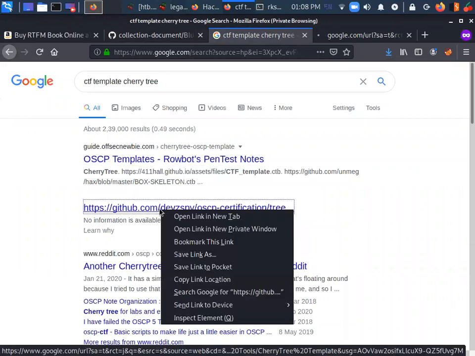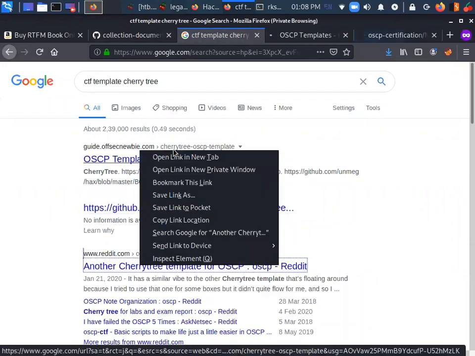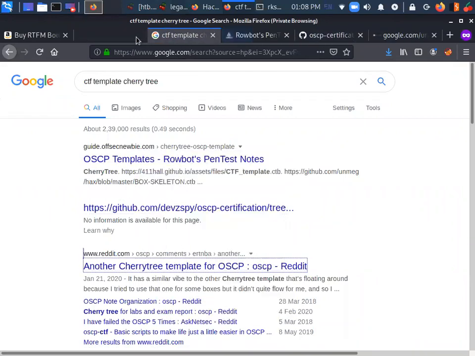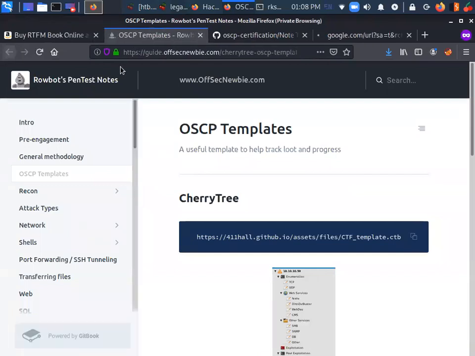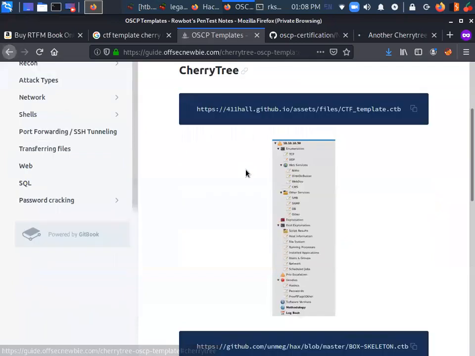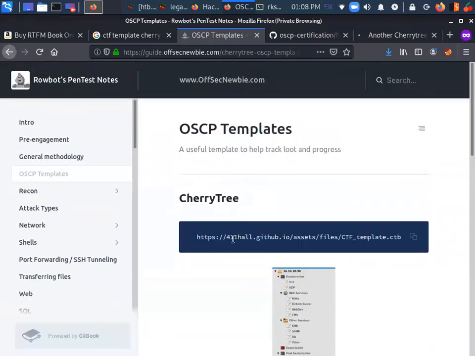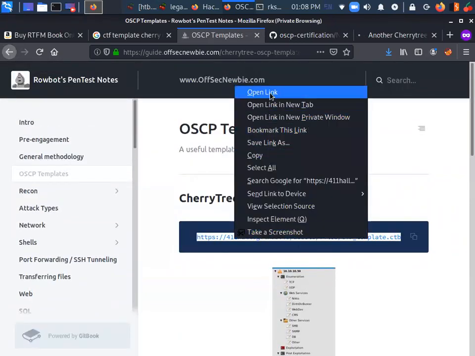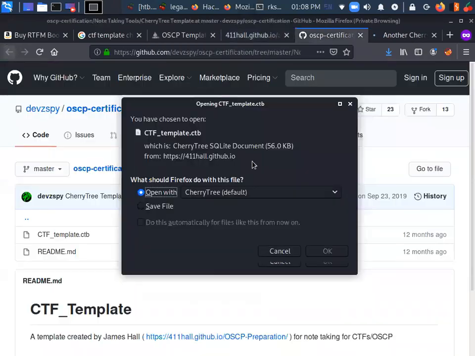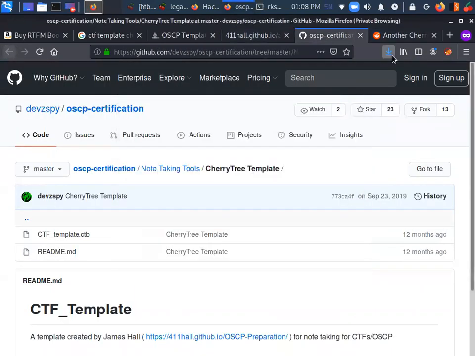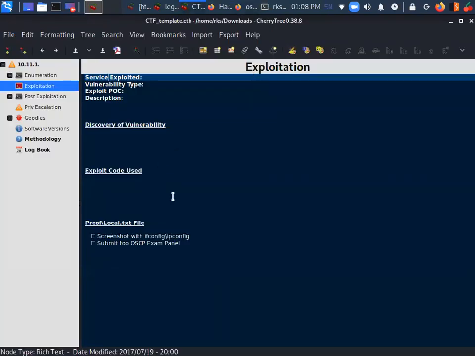Let's just search it here. So let me just open this one. And here you can see that it's a decent looking template.